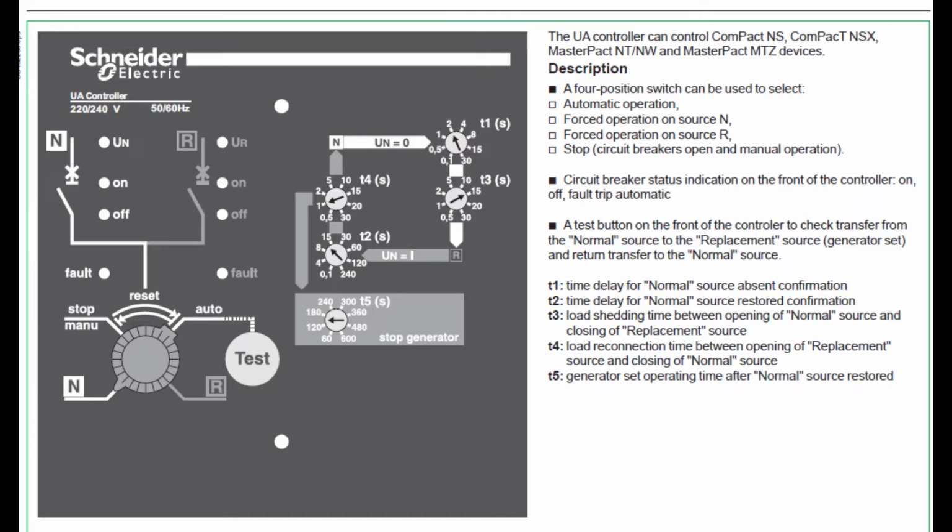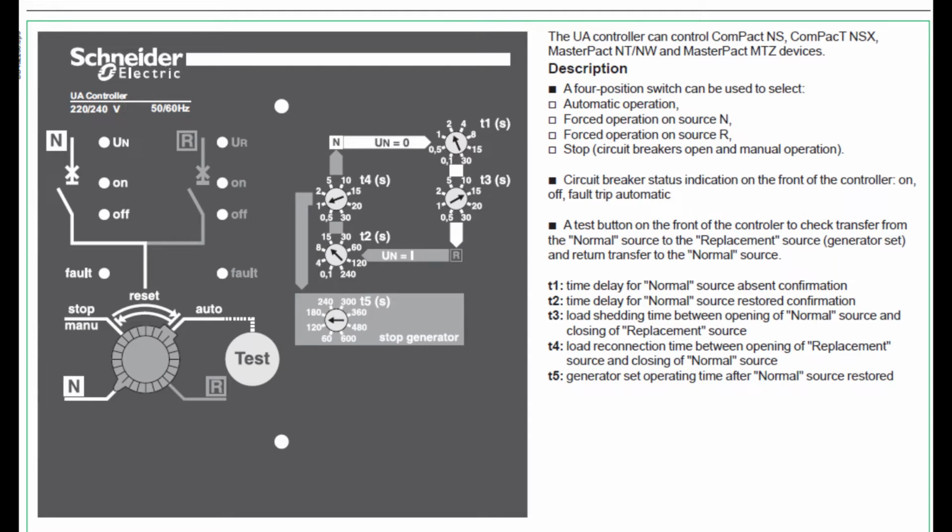Means it is a manual operation mode. There are 4 indications for each source: on, off, trip and supply available. These are 4 indications.